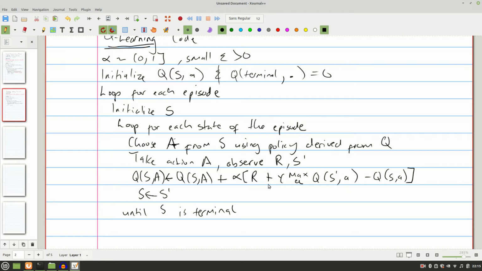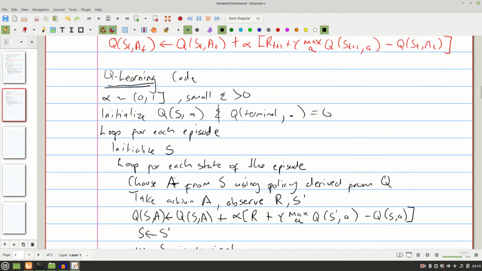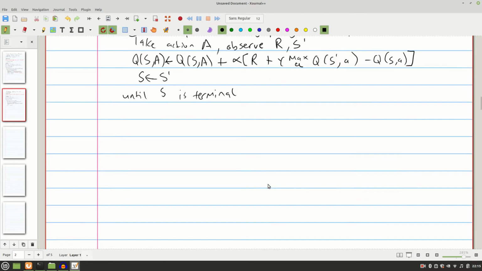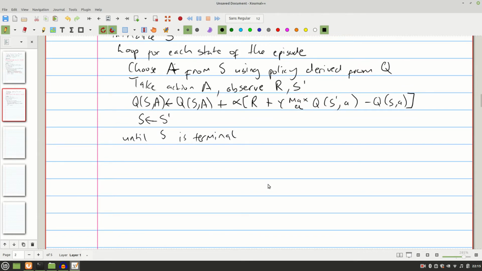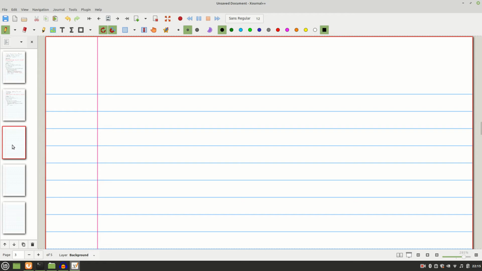Mind you, this is just an initial introduction to these algorithms. We're going to go deeper and deeper. But first, of course, we just need to introduce what they are and how they work. So this is just a simple introduction. Having said that, let's move to our next algorithm,